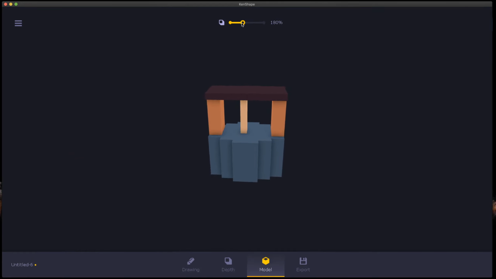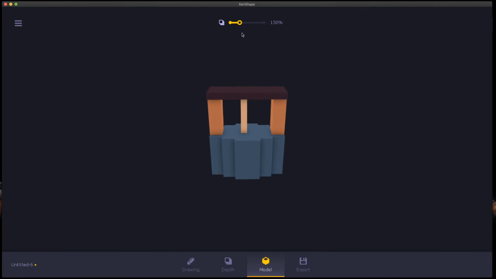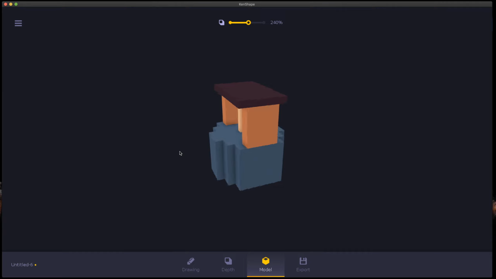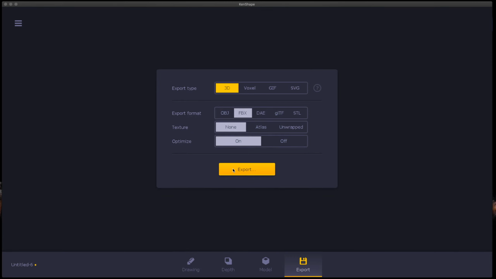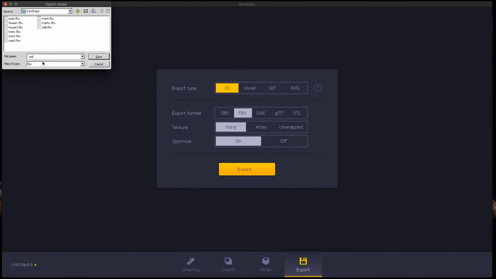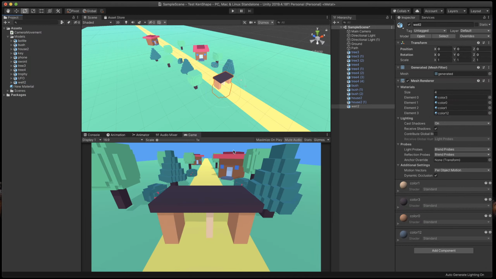It's not the best well I've ever seen, but I guess it will work for our city. So let's export it. Export, save, and let's finally import it to Unity. Models, well,